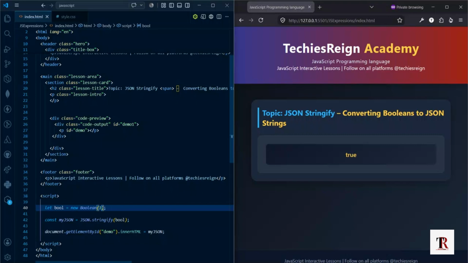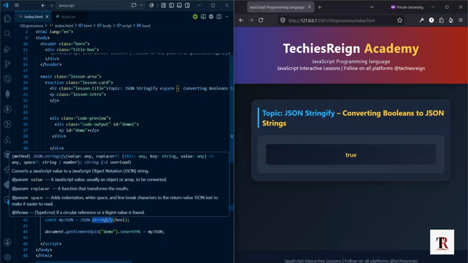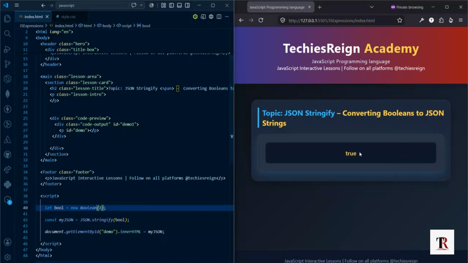So what did we just do here? This example shows a Boolean value using a JavaScript approach. You can see this new Boolean value that takes 1 as argument, which evaluates to true. So it then passes this Boolean value into the JSON Stringify method, converting it into a plain text string, which is the true text that you can see here. Finally, it displays the results on the screen using the